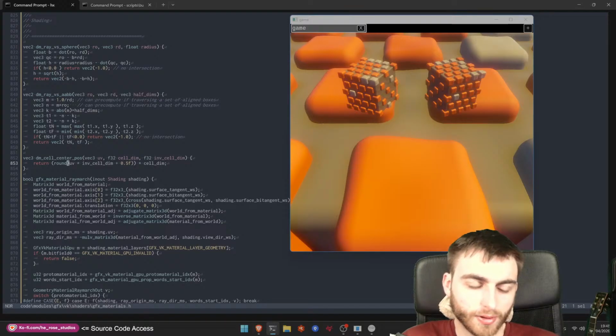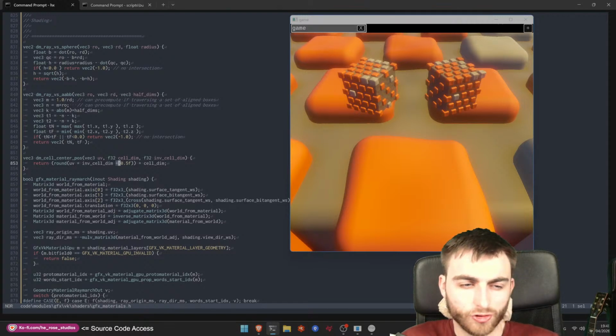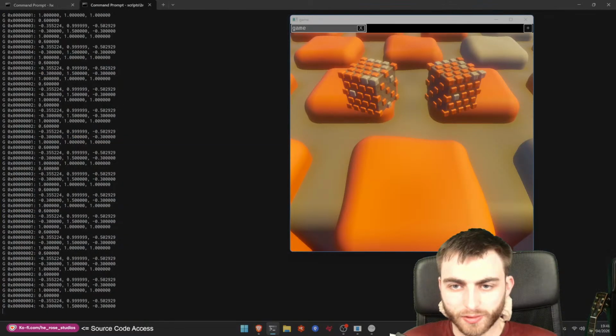Hang on a minute, why is there a round in there? And then times it by... Yeah, the round should be here. Then you do the plus 0.5. Okay, I don't think that's going to help anything, but